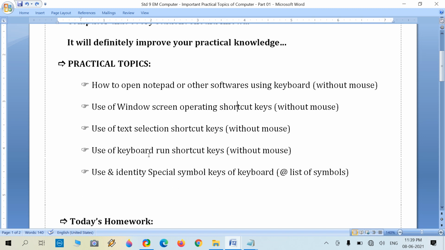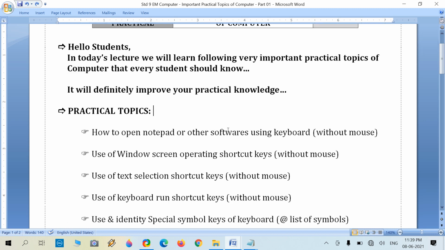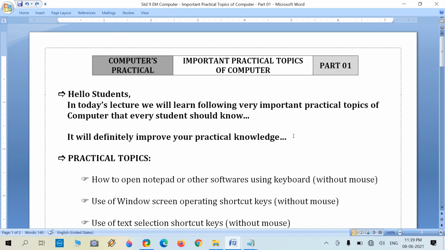These are all very important tasks we generally perform using the mouse, but in today's video lecture, I will teach and perform all these tasks using only the keyboard. So it will definitely improve your practical knowledge.